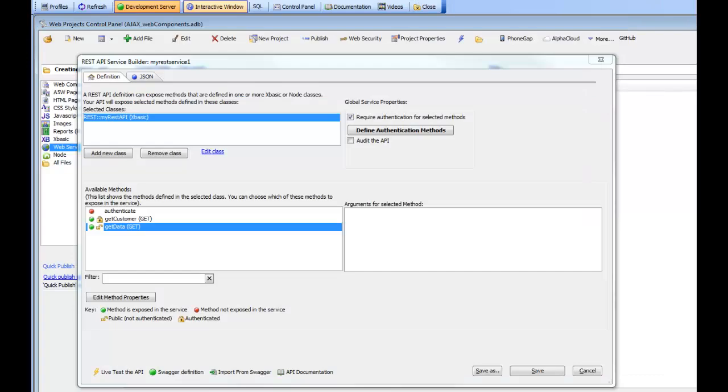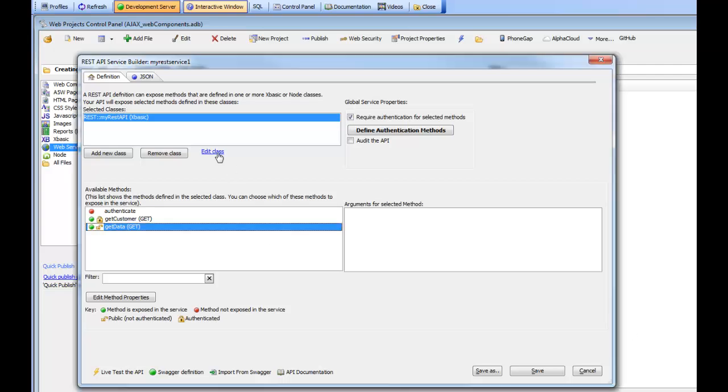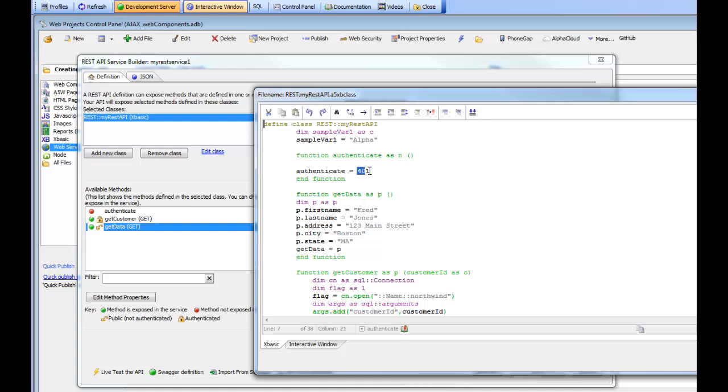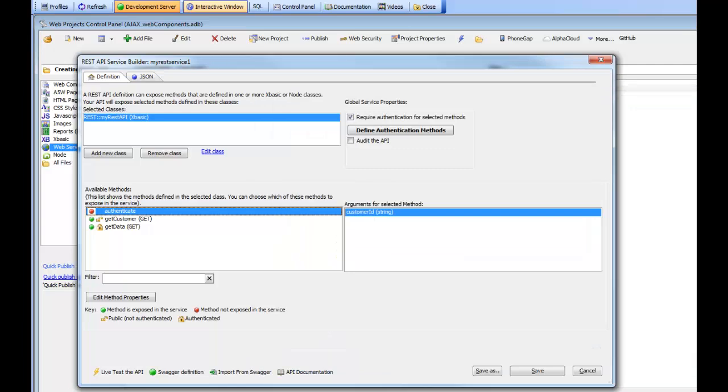In the previous video we showed how we hard-coded the authentication method to return a 401 status code which disallowed the API call. So let's go now and edit our authentication method and change it from a 401 to a 200, which would allow the API call to be made. Obviously in a real application you would have much more complex logic over here to decide whether or not to authenticate the API call. But in this simple example we're just going to hard code our response. So we'll go ahead there and now hit the save button,